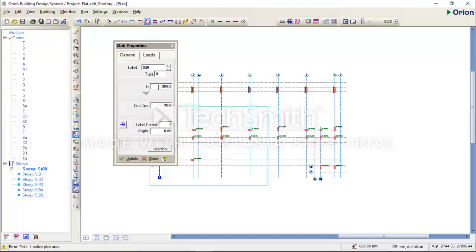Now I need to specify the depth of my foundation. Say I'm using a depth of foundation of 700. Concrete cover, because it's the foundation, let my cover be say 75, maybe 50.